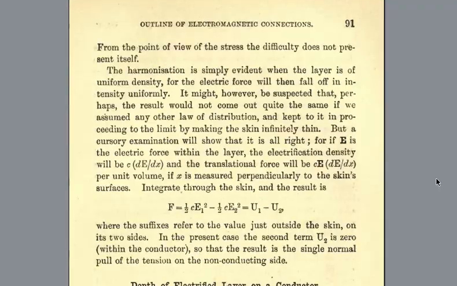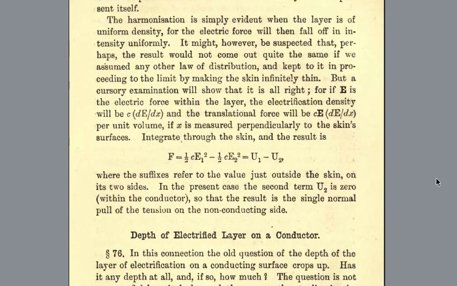The harmonization is simply evident when the layer is of uniform density, for the electric force will then fall off in intensity uniformly. It might, however, be suspected that perhaps the result would not come out quite the same if we assumed any other law of distribution and kept to it in proceeding to the limit by making the skin infinitely thin. But a cursory examination will show that it is all right. For if E is the electric force within the layer, the electrification density will be C dE over dx, and the translational force will be CE multiplied by dE over dx per unit volume, if x is measured perpendicularly to the skin surfaces. Integrate through the skin, and the result is F equals 1/2 CE1 squared minus 1/2 CE2 squared